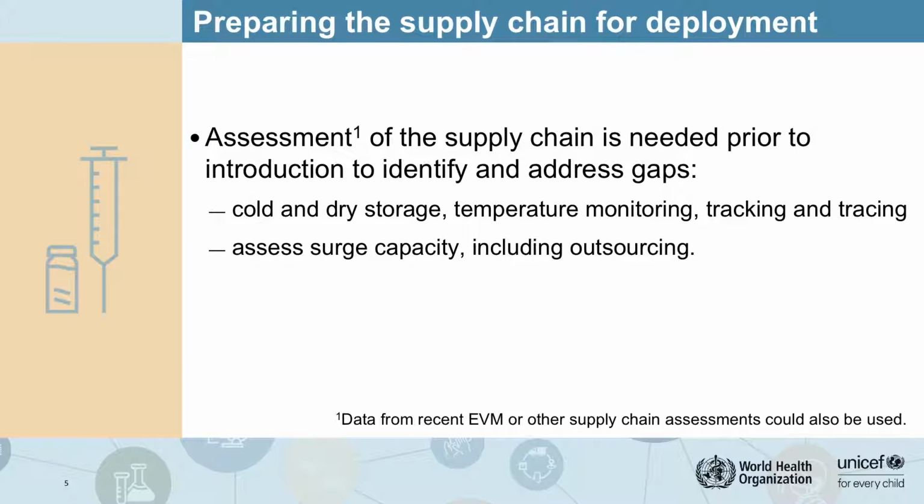When preparing the supply chain for COVID-19 vaccine deployment, it is important to note that different vaccines require different storage temperatures. Most COVID-19 vaccines will be stored at positive 2 to 8 degrees centigrade. A few will require ultra-cold chain equipment with a capacity to store vaccines between negative 60 to negative 80 degrees centigrade, which also requires the use of phase change materials or dry ice for storage and transport. Heat-stable COVID-19 vaccines that can be used under a controlled temperature chain or CTC may also be available in the